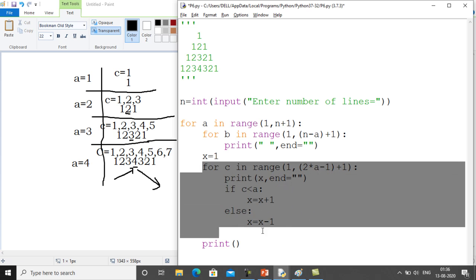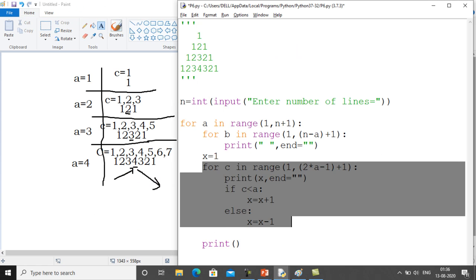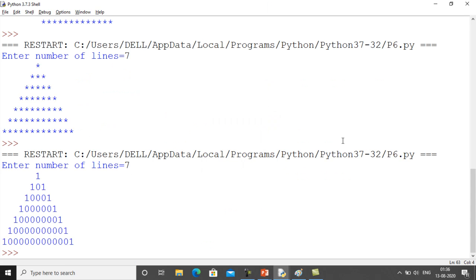सिंपल, ठीक है। तो जब कभी भी वो कंट्रोल इस लूप में आएगा तो पहले तो x की वैल्यू इस लूप के अंदर एंटर करने से पहले ही 1 हो जाएगी, सो दैट उस लाइन की जो प्रिंटिंग है वो 1 से स्टार्ट हो। और सिंपल ये पहले 1 प्रिंट करेगा, फिर c और a की वैल्यू कंपेयर करेगा। अगर c की वैल्यू a से छोटी होगी तो x को इंक्रीज करता रहेगा, और जब वो c की वैल्यू a के बराबर है उससे बड़ी होने लग जाएगी तो उसको डिक्रीज करने लग जाएगा, ठीक है। सो लेट्स एक काम करते हैं, हम इस कोड को एक बार प्रिंट करके देखते हैं, चला के देखते हैं व्हाट विल बी द आंसर।